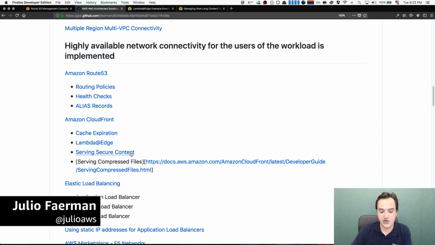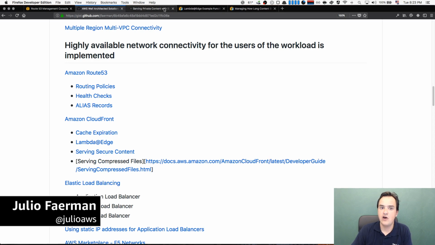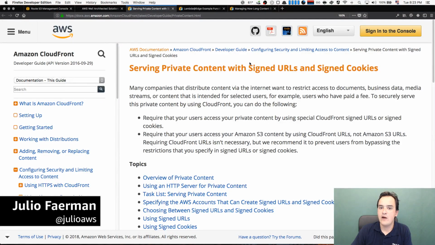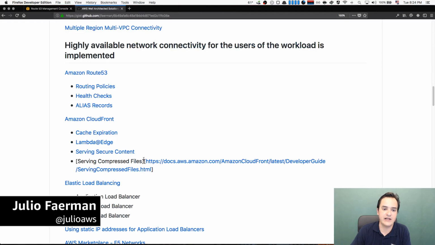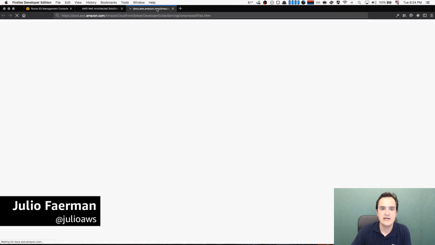And if you need to secure content, CloudFront has two features for secured content delivery, which are signed URLs and signed cookies. We're going to talk more about this in the security episode. I just like to leave it linked here because it's such a common request to serve private content. How do you make sure that your videos and media are only distributed to your subscribers and things like this? This is the way to go about this. So I decided to link to that as well. And also in this poorly marked link, you will find